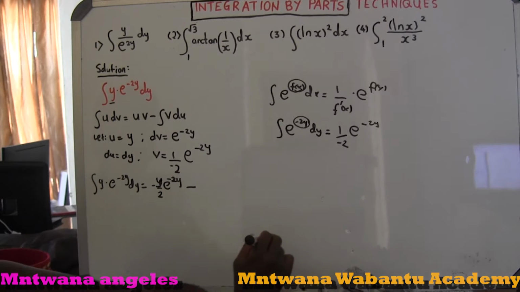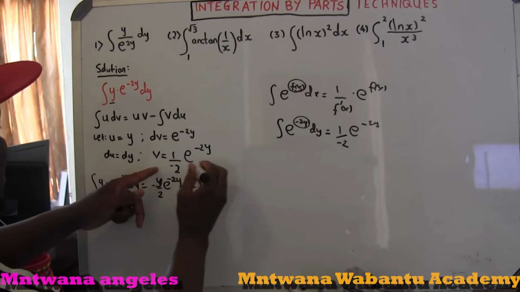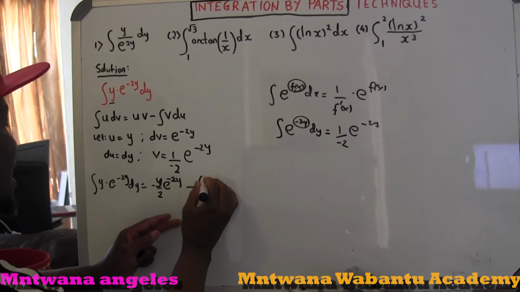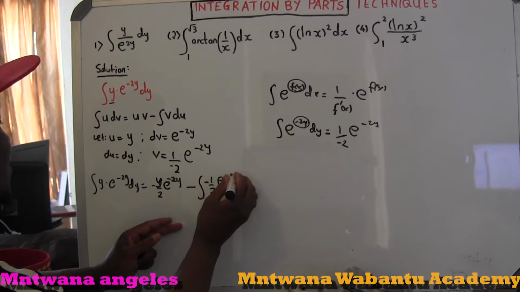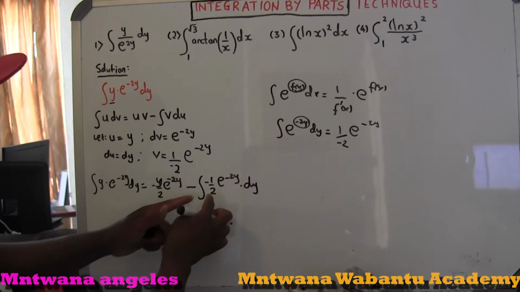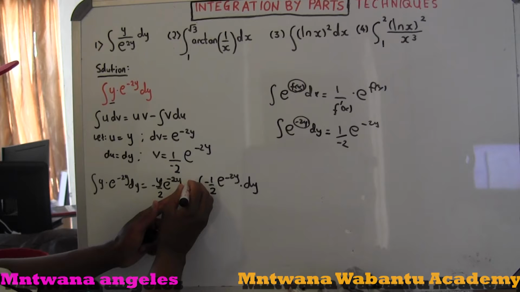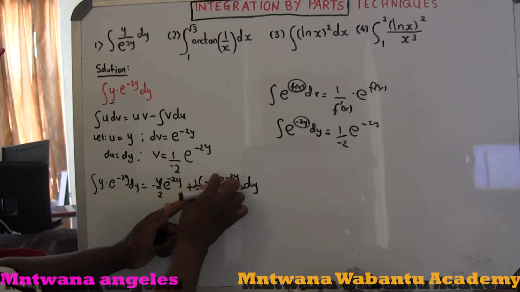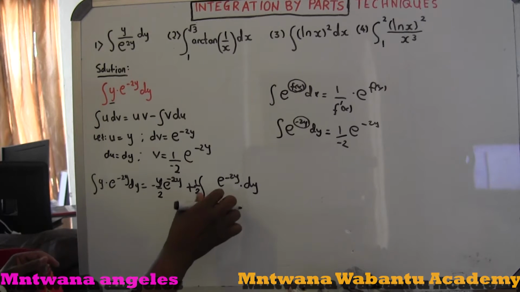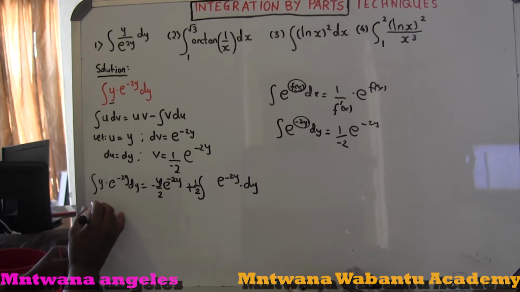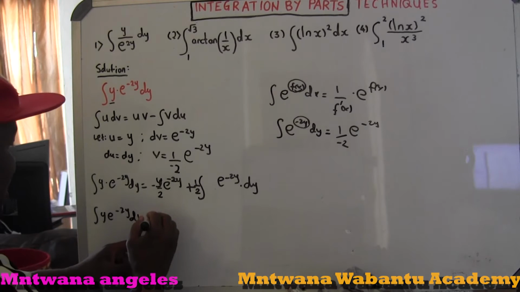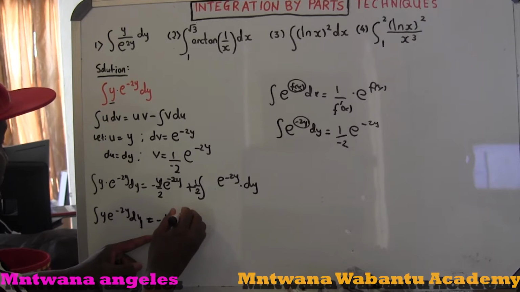Minus the integral of v du. What is v? Negative a half e^(-2y), times du. What is du? du equals dy. So I can take this negative a half outside, and the negative comes back and makes it positive, so it's positive a half. So now the integral of y e^(-2y) dy equals negative y over 2 times e^(-2y),